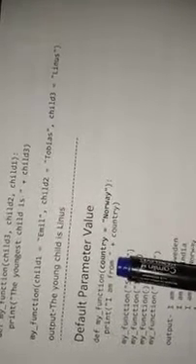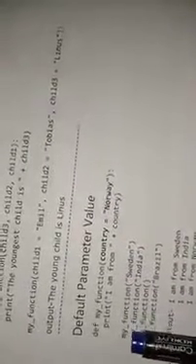And let's see what it prints: "I am from" plus country. Here country is an argument. So when we call this function with the argument Sweden, then the result is: I am from Sweden.